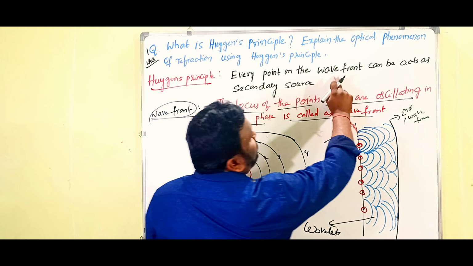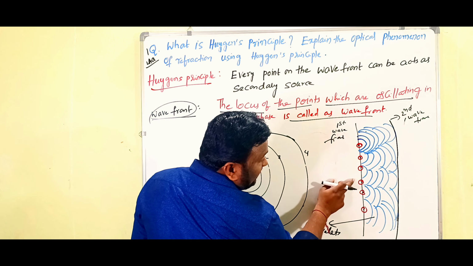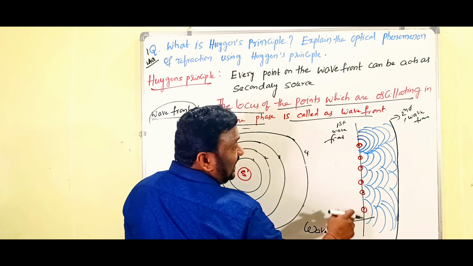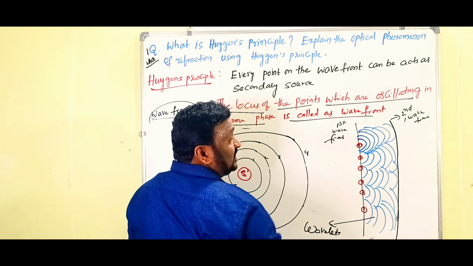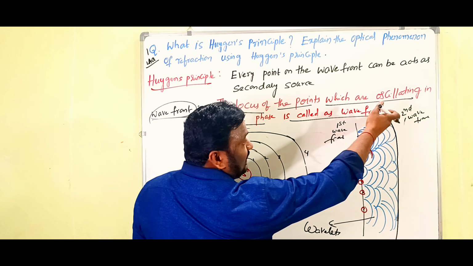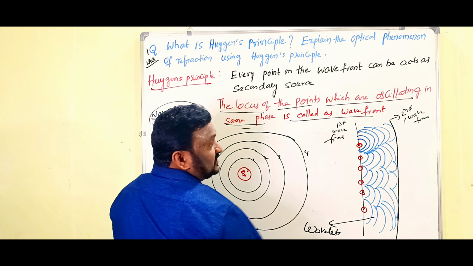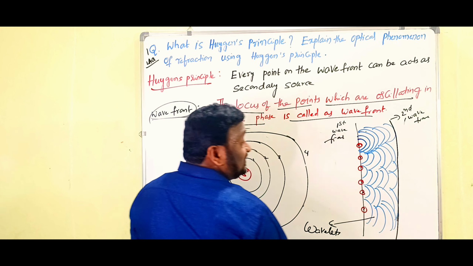Every point on the wavefront can be accessed as the secondary source. That's why here what I am showing with the red circles, those are the particles, and they can be taken as the secondary sources, and they can emit the wavelets, and again by combining all the wavelets which are coming from all the secondary sources, they can form another